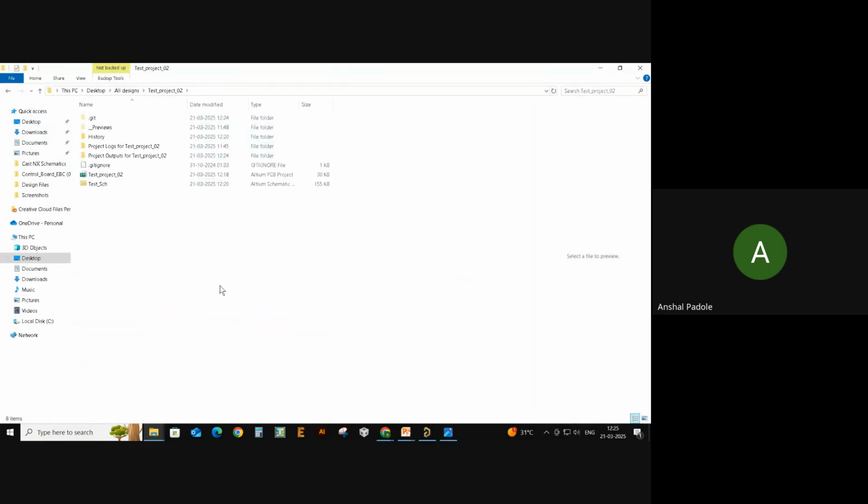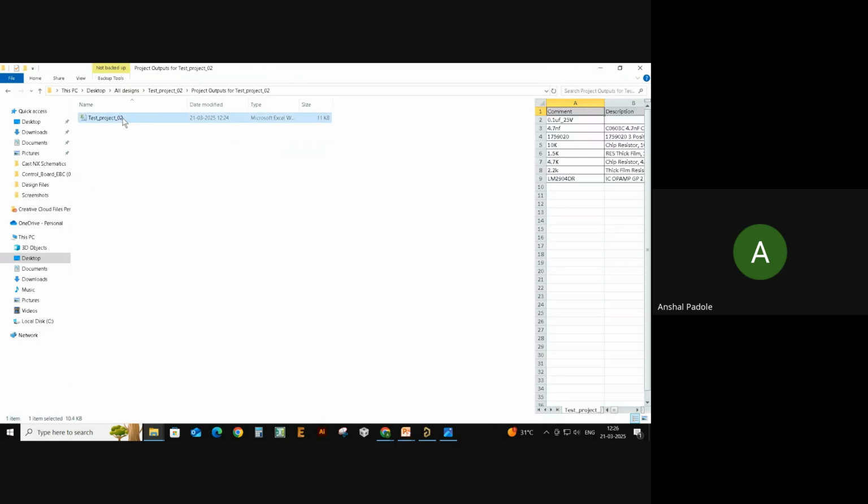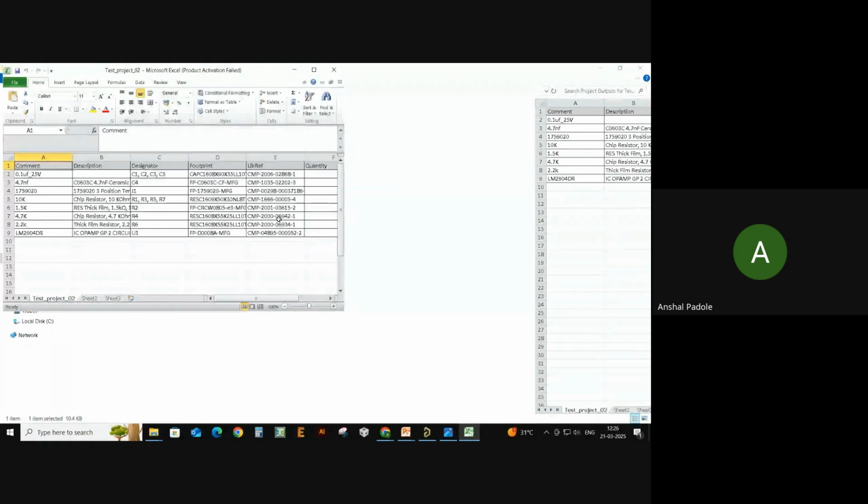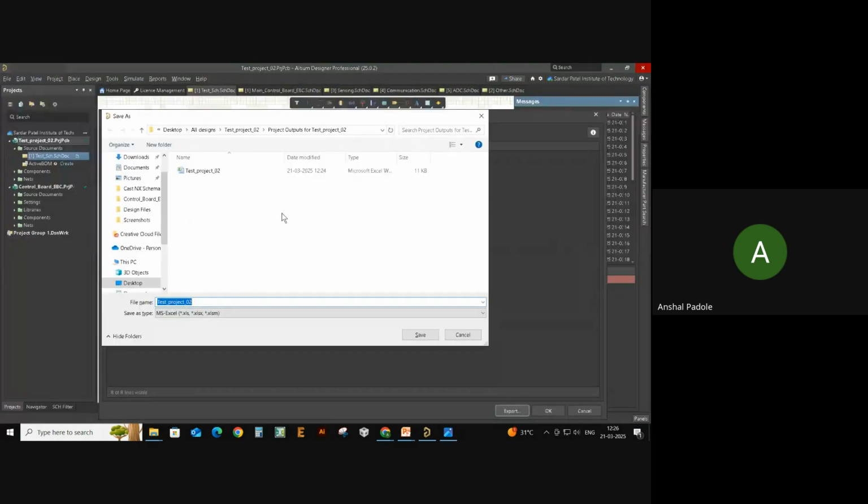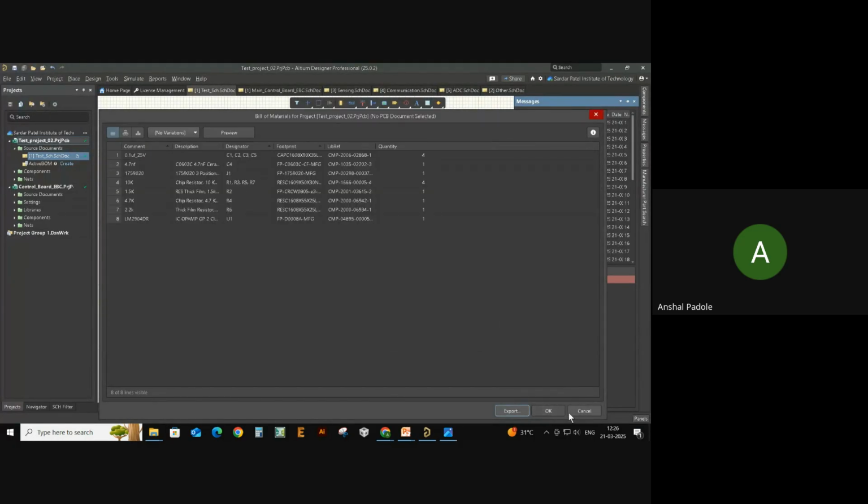So this one is our project file. Here in the outputs, we can see that the BOM is created. So that's one thing we can export, the output job file. Next, we can